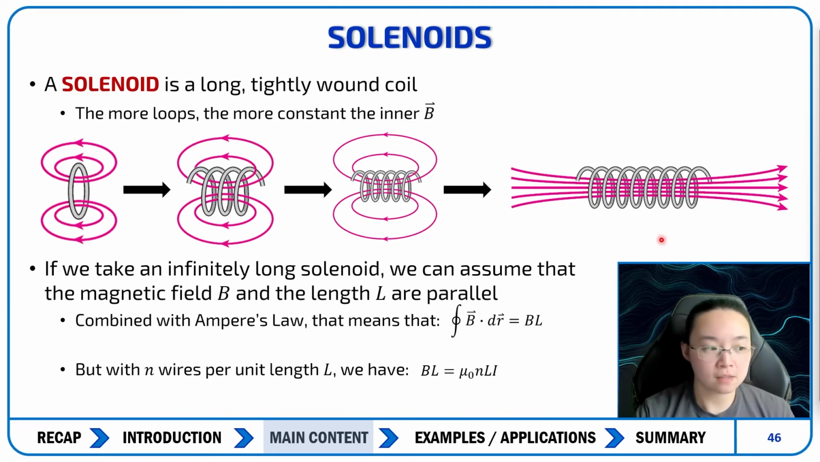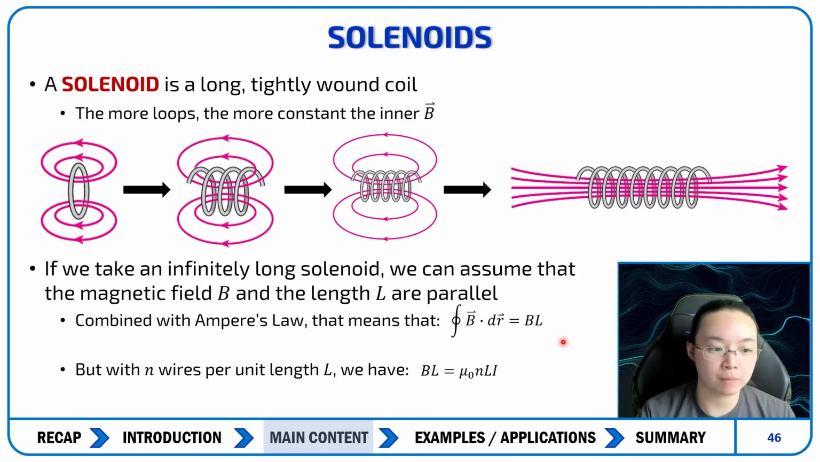So considering this, if we take an infinitely long solenoid, we can assume that the magnetic field B and the length L are pretty much parallel to each other. So basically, if we just look at this section of a large solenoid, and if we combine that with Ampere's law, it means that the integral of B dr is going to be equal to, number one, B is constant, and we can factor it out for B. And then we have the integral of dr, which is the total path length, which is just L. So then we have BL as